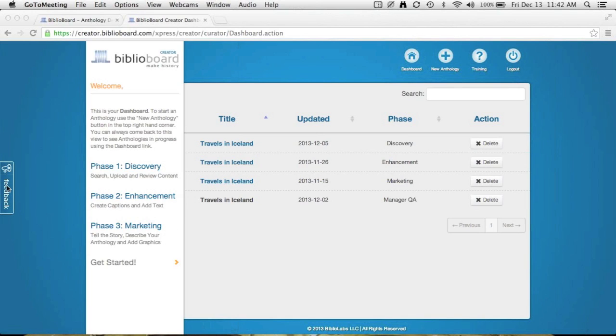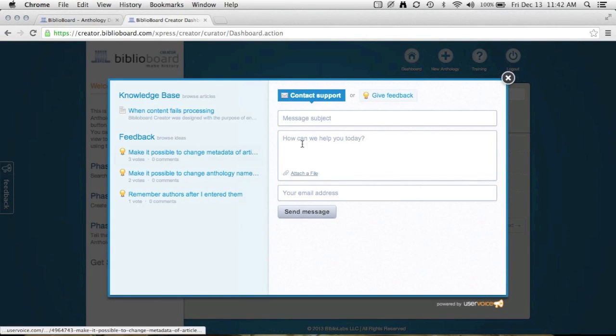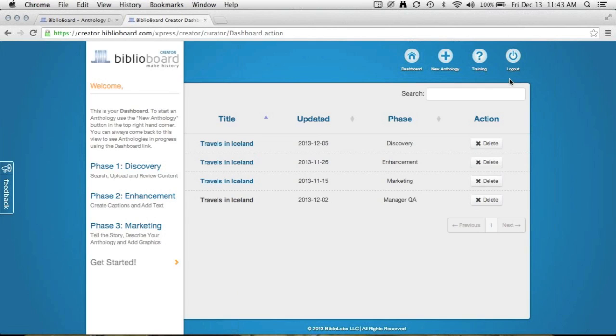Further on the left, we have this feedback button. It'll appear on every page in Creator, and you can click that tab to be brought to this page where you'll enter a subject, the message, and you can even attach files if you want to include screenshots. Then click send, and it'll be sent to our customer support staff. This could be any technical problems you're having with the website or any questions about how to use Creator properly, and our staff will get back to you as quick as possible. Once you're done entering your message, you can exit out of that, and you'll be brought back to whatever page